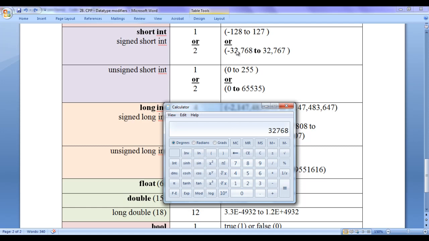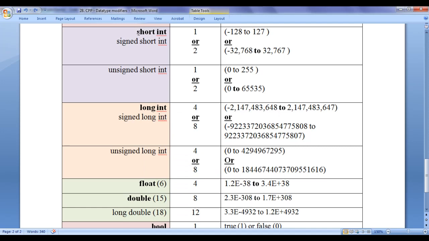So the minimum value possible to store inside short int type memory is minus 32,768 and the maximum value possible to store inside short int and signed short int type memory is plus 32,767, guys. If you count from minus 32,768 to plus 32,767, it becomes 65,536.